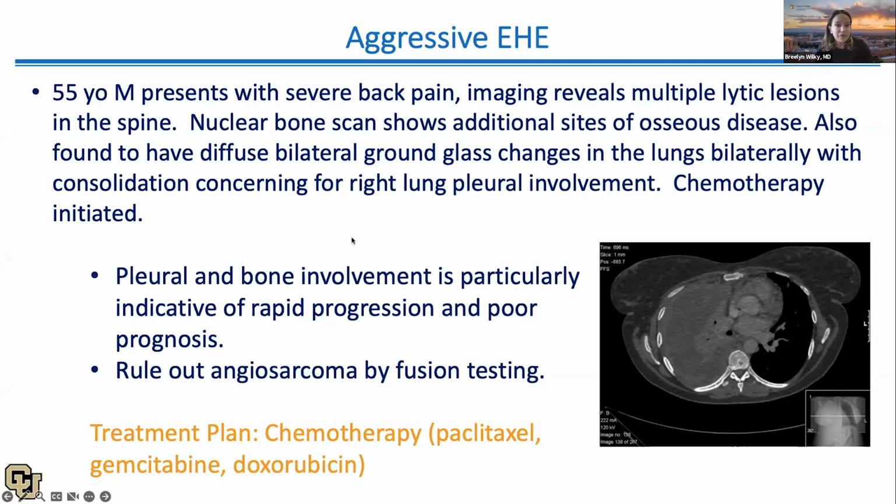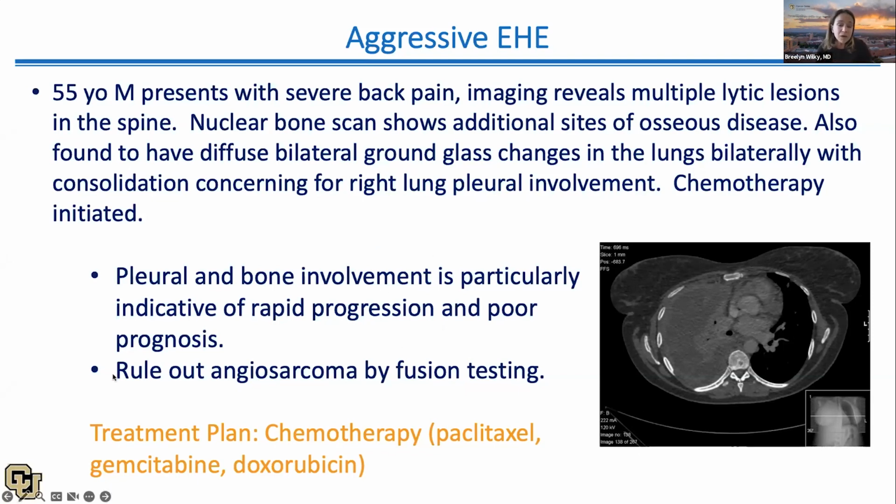Rubin talked about this cocktail: this pleural and bone involvement is usually a sign of pretty rapid progression. Not always. I met a patient not too long ago with pleural disease that did really, really well with treatment. So it can be reversed and it can be fixed, but this is usually for me a sign, okay, we need to jump on some kind of treatment very quickly, assuming that the patient is strong enough to handle that